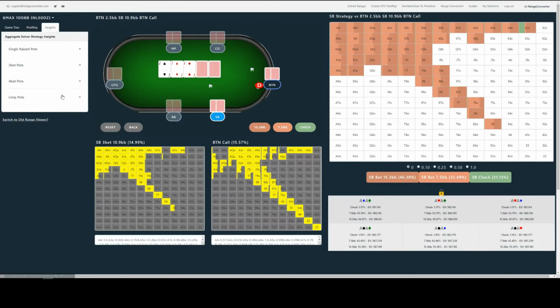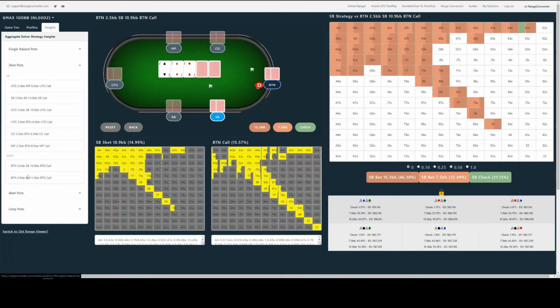We're presented with different categories of spots, scenarios that we can choose here. Now, we're interested in the button small blind 3-bet button call scenario.